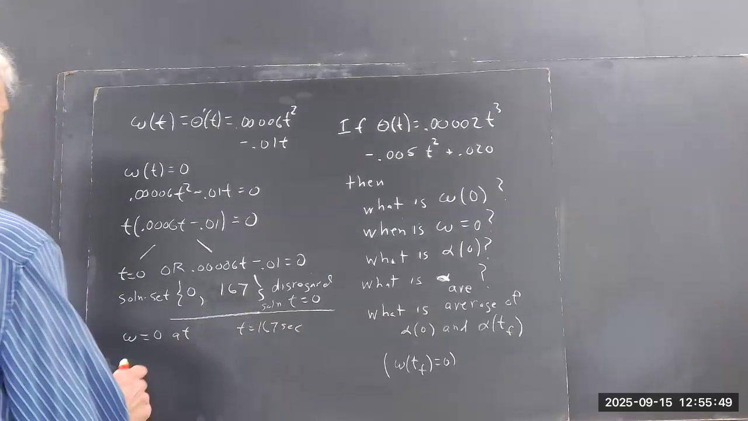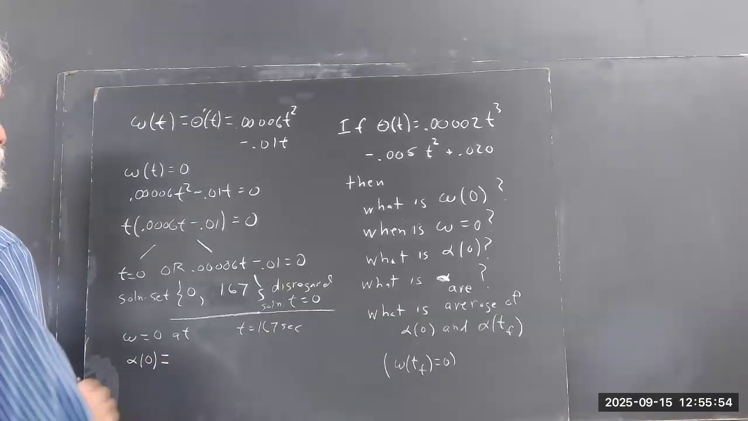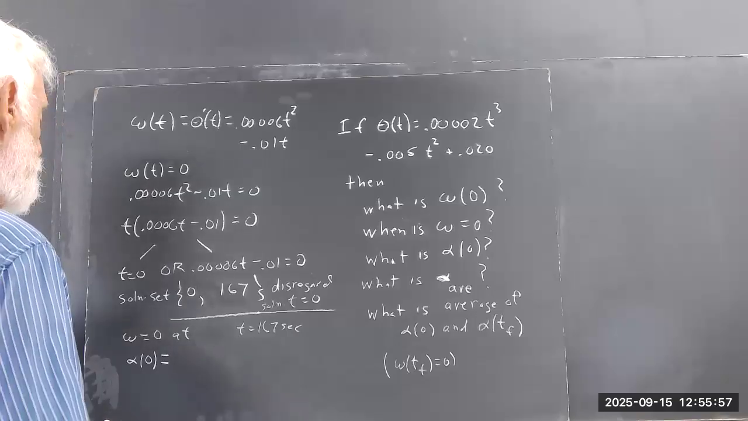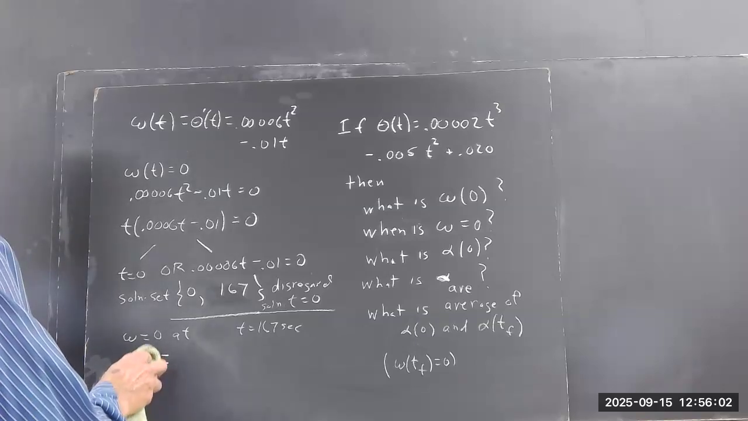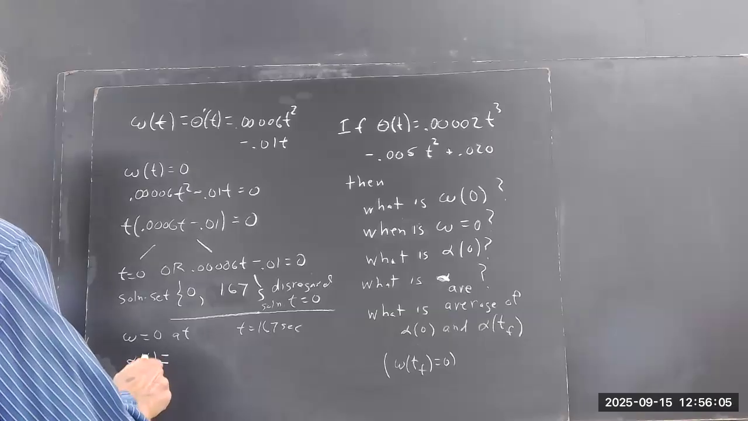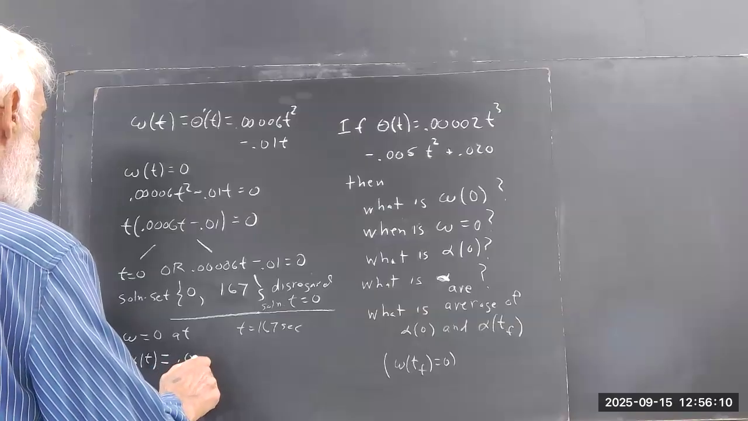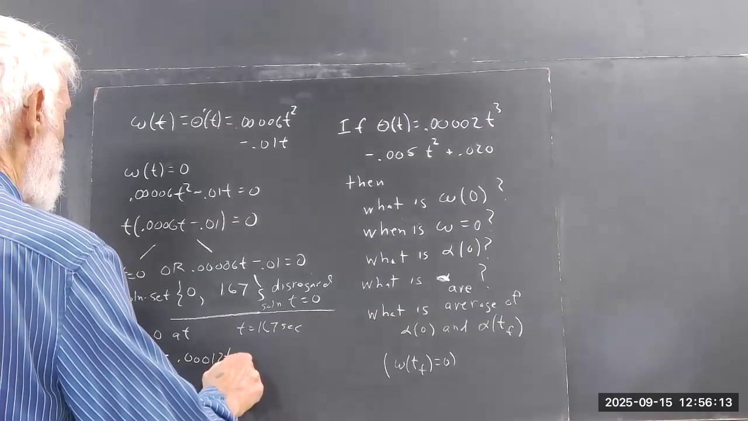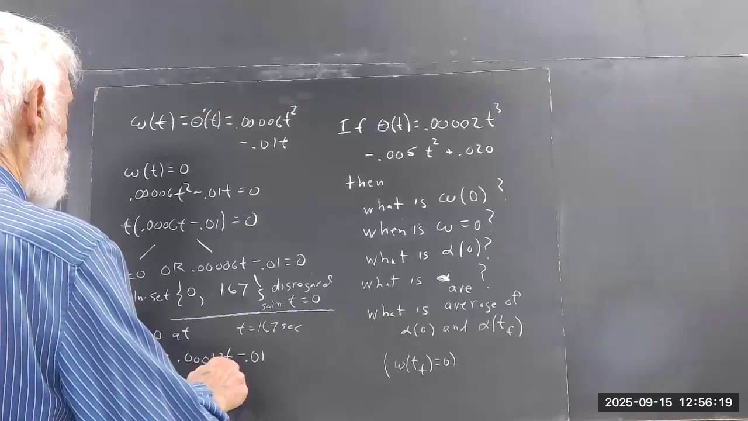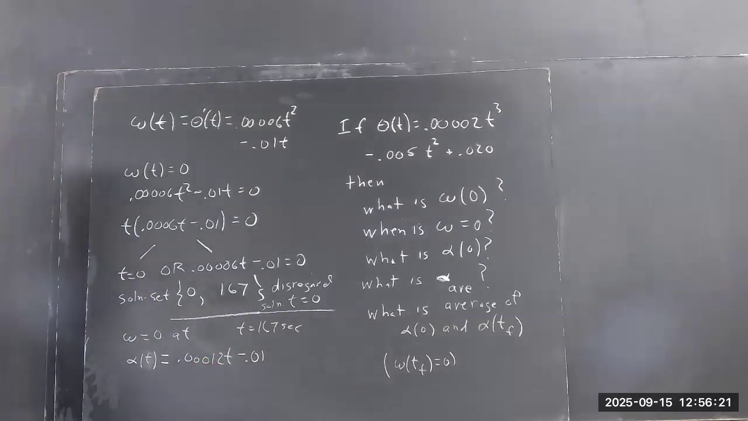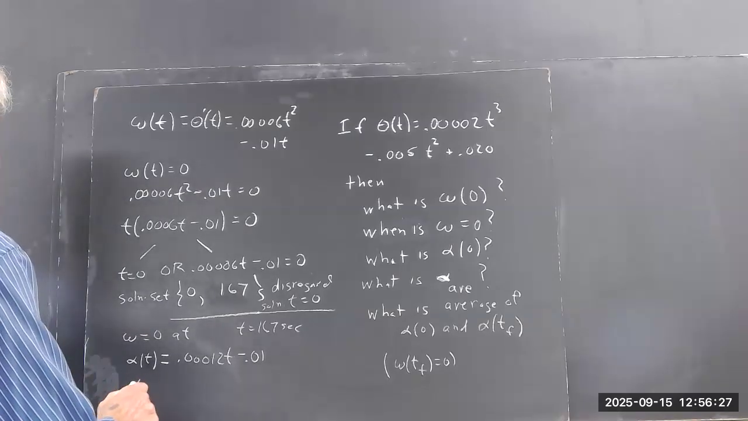All right. Alpha of 0. Well, to get alpha of 0, we better get alpha of t. And alpha of t is 0.00012t minus 0.01. So that alpha of 0